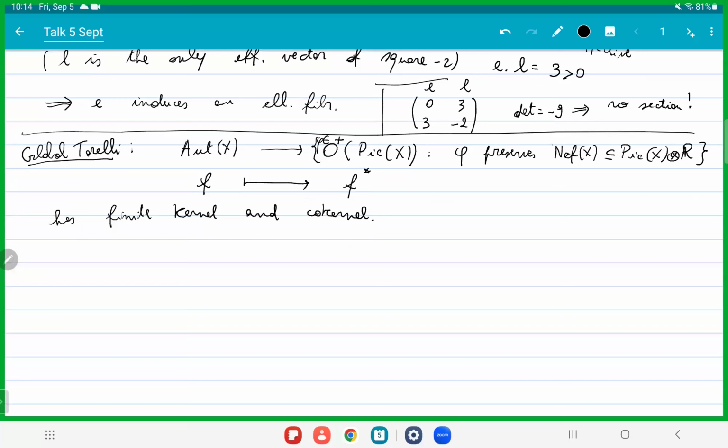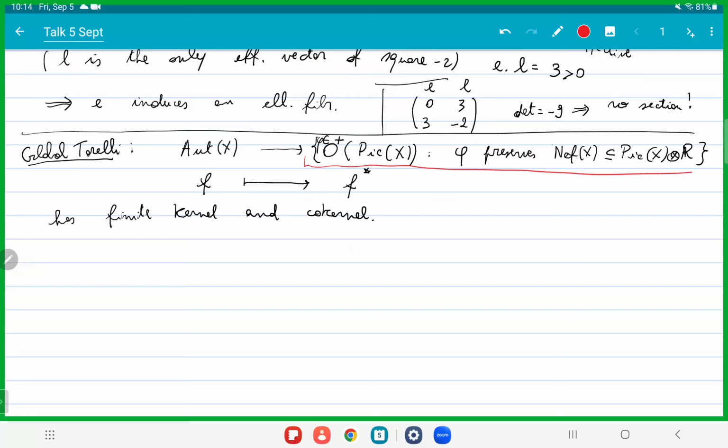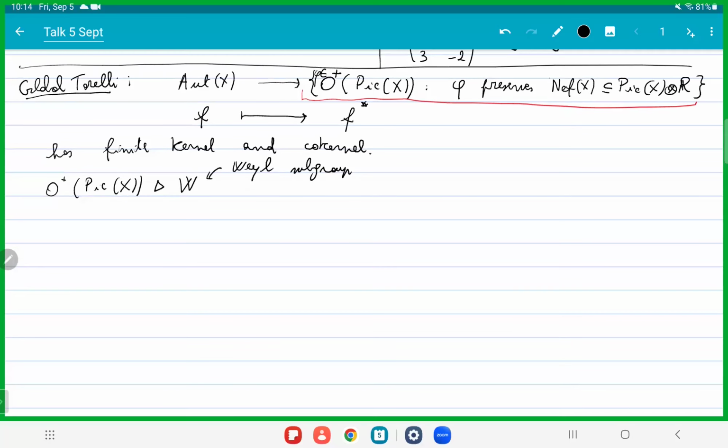And another important thing is that this group on the right has the advantage of being a purely lattice theoretical object. And I'll say it in a more precise way. It works as follows. If we have the group of isometries of the Picard lattice, we can consider a very special normal subgroup of it. It's called the Weyl subgroup. And it's the subgroup generated by all reflections into -2 roots.